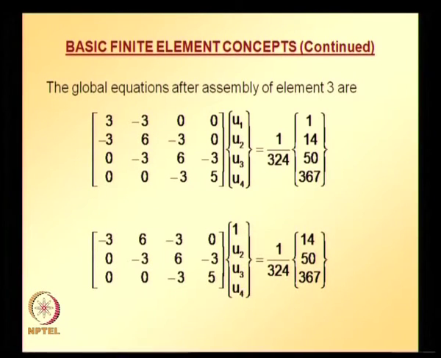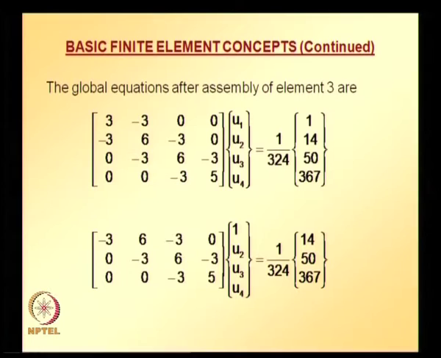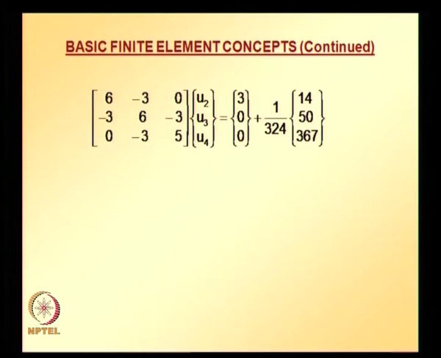So, what you can do is, in the global equation system you substitute u1 equal to 1, and wherever the essential boundary condition is specified, you can remove that row from the global equation system. That is, from the stiffness like matrix you remove that row, and also in the force like vector you remove that particular component. Okay. So, this is one way of solving this equation system by imposing the essential boundary condition. I will show you another way of solving the same equation system, and now this can be rearranged in this manner,